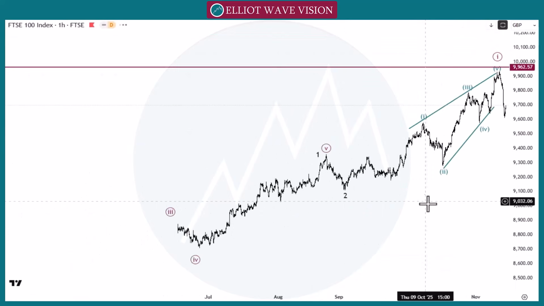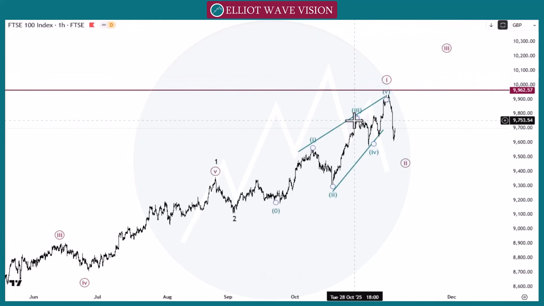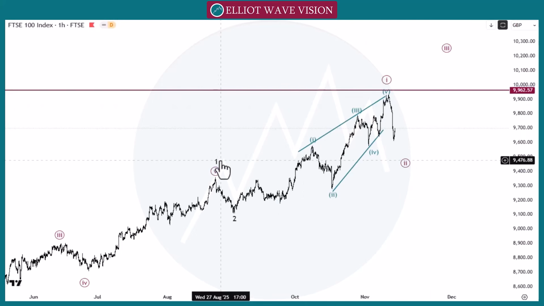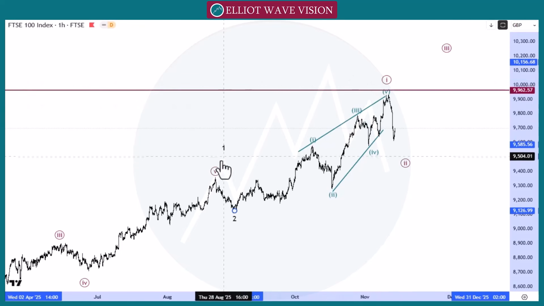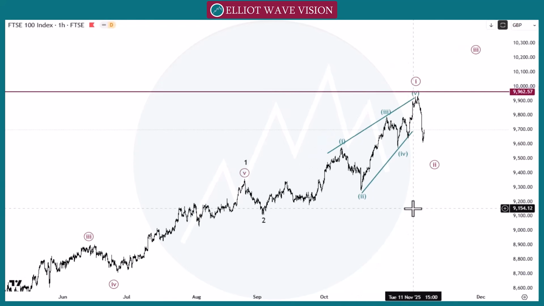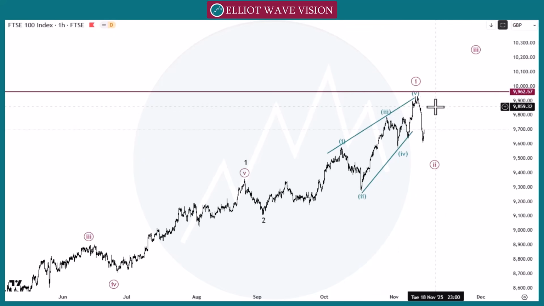In the 1 hour time frame, we count like this is the wave 1 and wave 1, 2, 3, 4, and 5. This move, we can shift this point at this wave and wave 1 at this point. That's also possible, but this is not the issue. The count issue is that we need to wait for the market to move from one large number to another large number. The thing is that the market